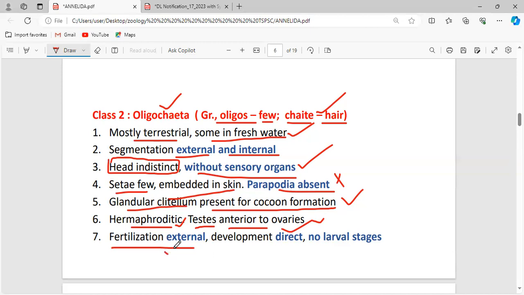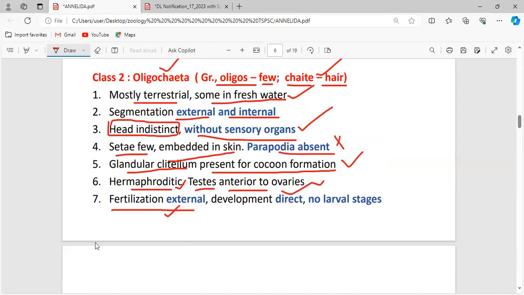The fertilization is external, which means what? The fertilization does not occur within the body of the individual. Fertilization happens outside the body of the individual. The female will drop the egg, and the male sperm will reach the egg by its pheromones, and it fuses outside the body. After fertilization, it doesn't need any parental care, so it can hatch by itself into the adult. Again, the development is direct development. There are no larval stages.